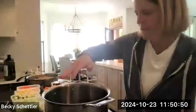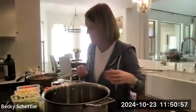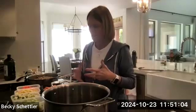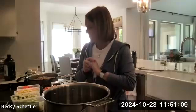Sweet potatoes take a little bit longer to soften than everything else. So we're going to start with the sweet potatoes and let them get a head start, about 5 to 7 minutes on that. And then add the other veggies, and those don't take long to get tender. And then we just throw the meat in and it's all done. So if you can stick with me a little longer, we'll get the sweet potatoes